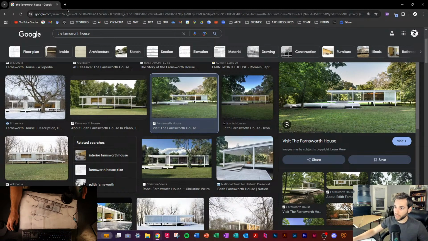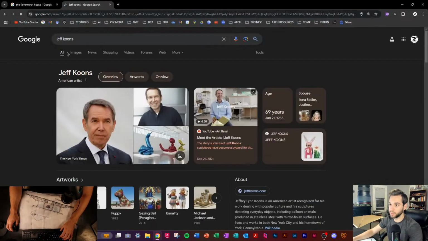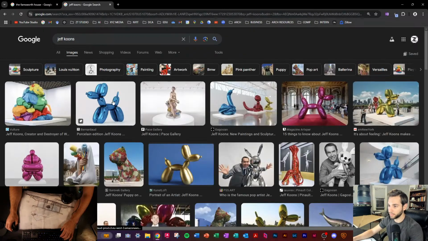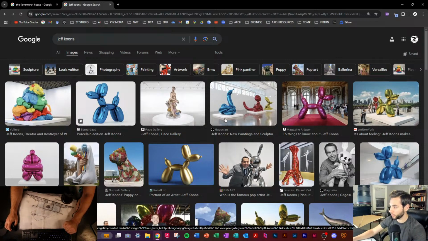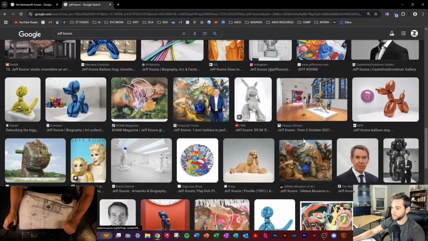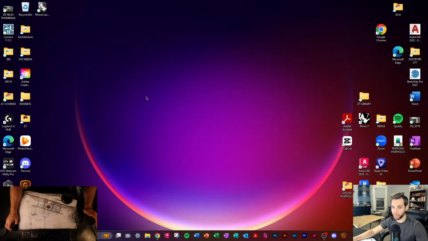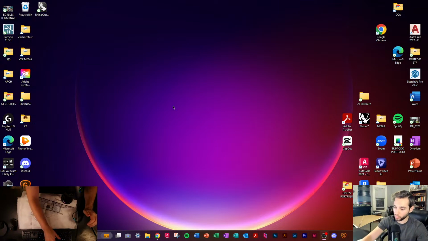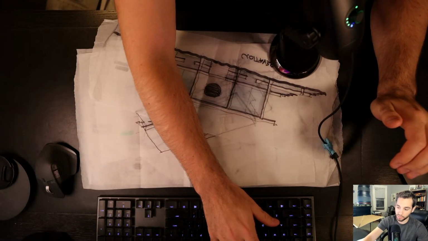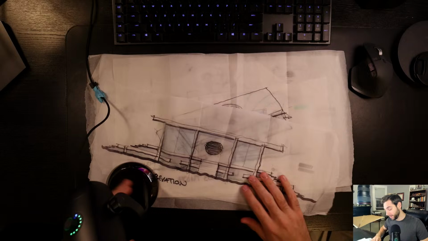So that's the house. Then we have to pick an artist. I chose Jeff Koons. You may know him as the guy who did the giant balloon animal, the balloon dog. But super cool artist. So I'm sort of designing this house for a sculptor. So those were my precedent studies. Now, if we move back to the main camera,